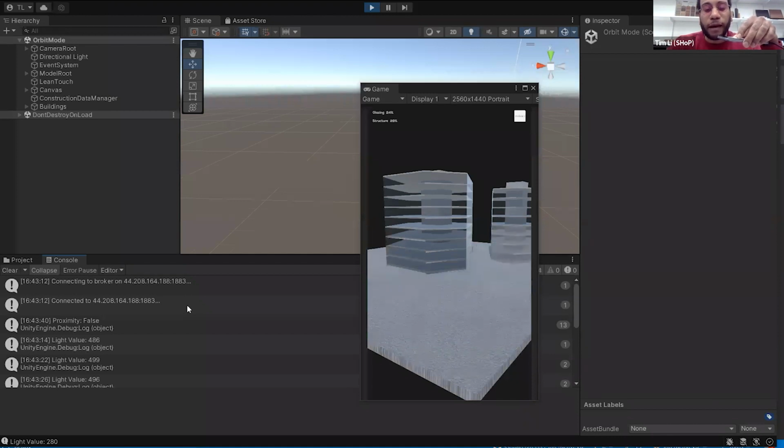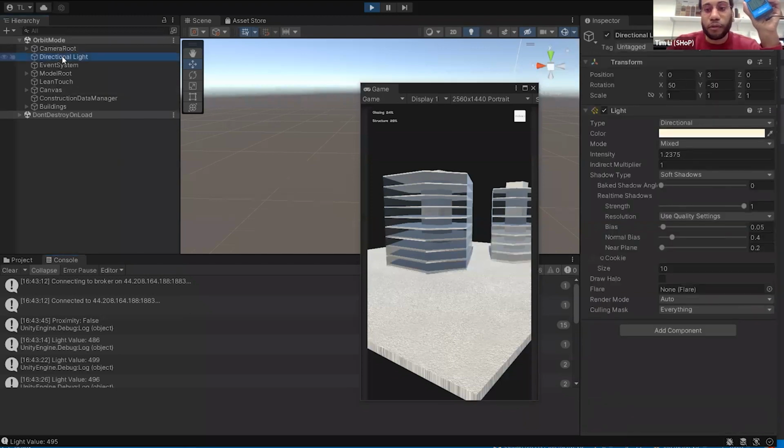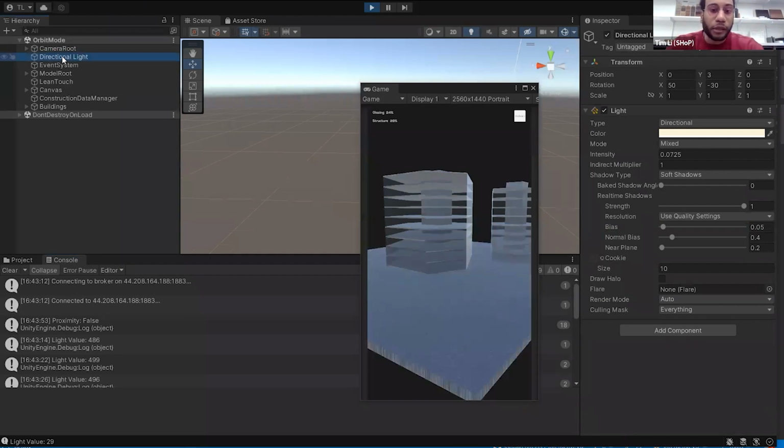And right now we have the light sensor tied to the light intensity of the directional light. So the values from the light sensor, you see they're darker as I put the phone in a darker section. And then we also have the proximity sensor to change the color of those buildings as the proximity sensor gets